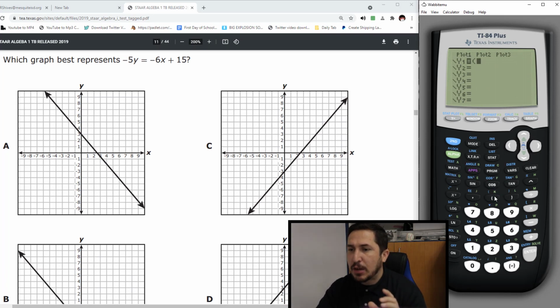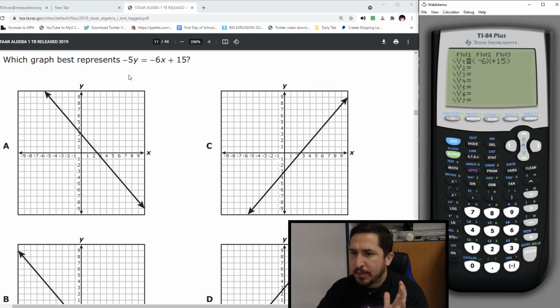It's going to be y equals, because I see a y equals in here. So I go y equals -6. By the way, how do I know when it's the minus sign and how do I know when it's the negative sign? It just depends on how you say it. Whenever you say this equation out loud, you're not saying, let's see, y equals subtract 6x plus 15. That doesn't make sense. And that's not how you say it. So you're going to say y equals -6. That means you got to touch this negative one with the little shorter sign. So I do -6, put an x there, plus 15, because that's how I would read it.